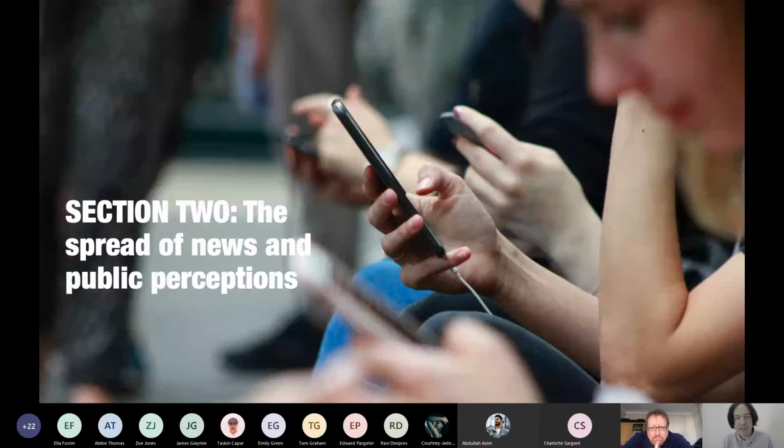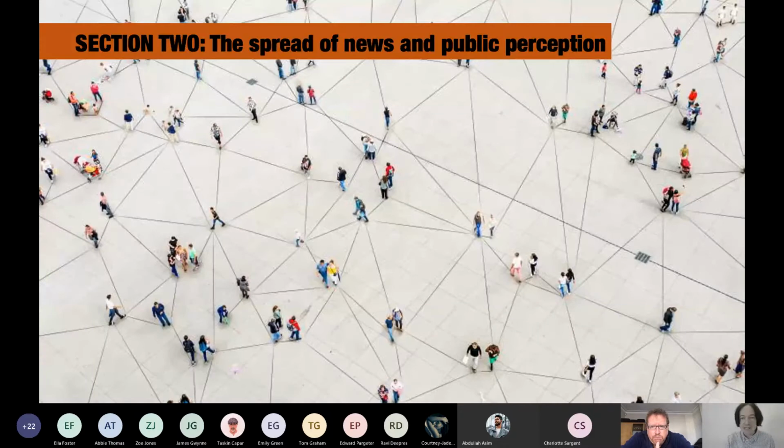That was the personal photography there, and you can see where I've drawn some of those things. As I said, probably some of those artists would fit into section three, which I'm going to come to in a minute. But section two is about the change in the spread of news. So there's been this change in the spread of news and public perceptions. Essentially, we've all been much more closely connected to one another through our mobile devices and through being able to share